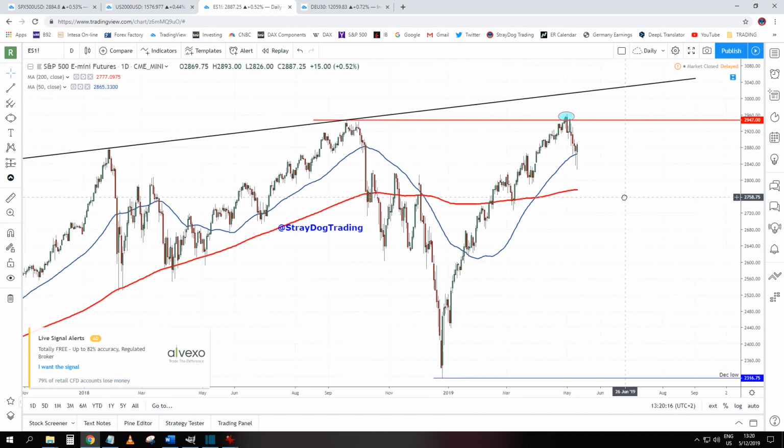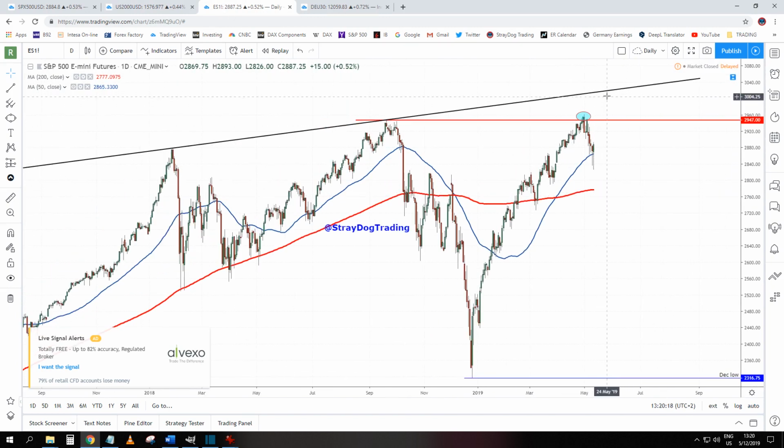Market, if it is bullish, it could go and test this trend line, which comes around 3,000. So in order to go there, it will need first to go again above this previous all-time high, then again above the new all-time high. Can it do it or not? We don't know that.